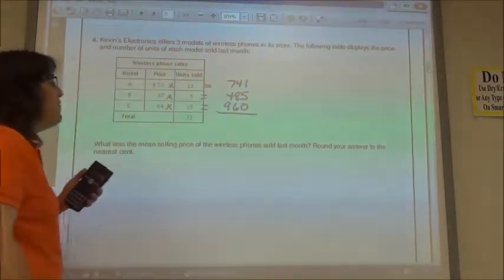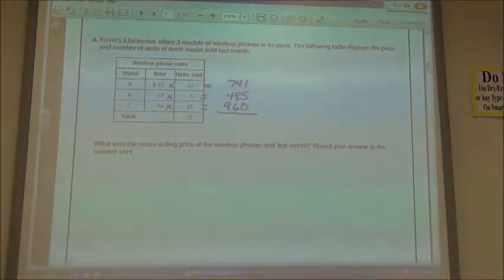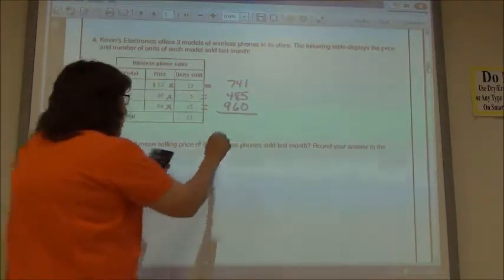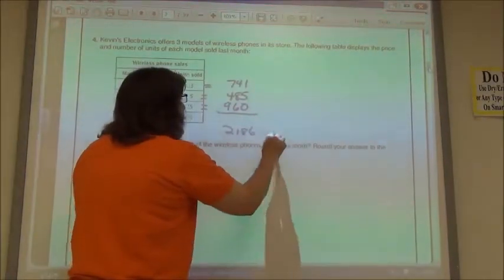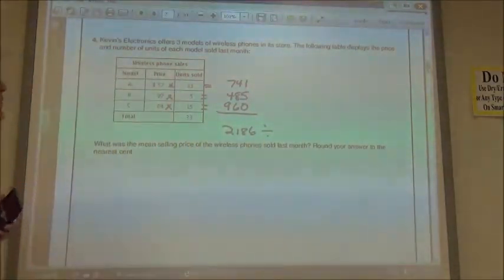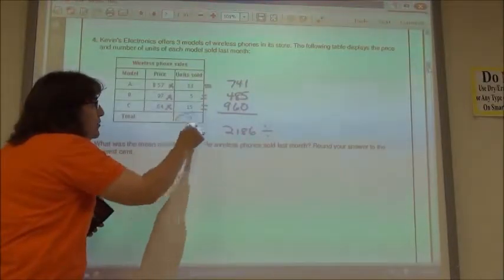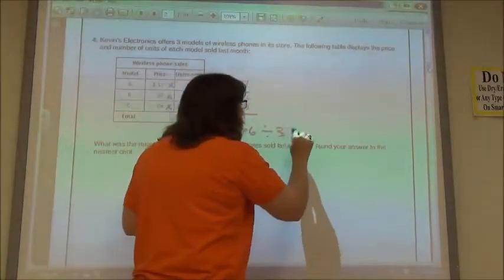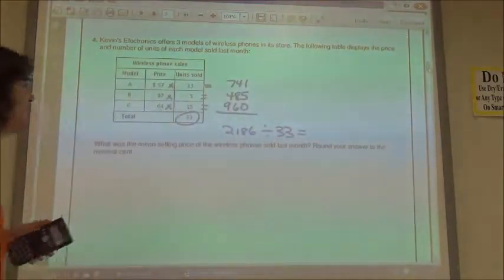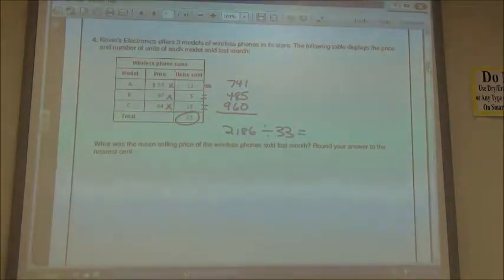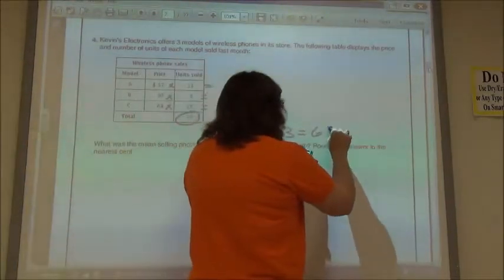If I'm going to find the mean, I'm going to add those up. 741 plus 485 plus 960, 2,186. I'm going to divide by the total number of units sold. We could add those, but they did it for us. There were 33 units sold. So if I want to find the average price or the mean per unit, I'm going to take my $2,186 divided by the 33 units I sold, and so I get